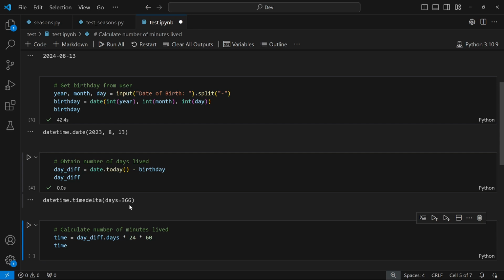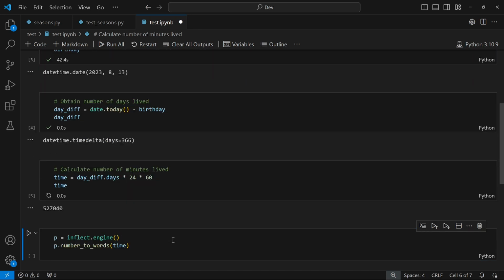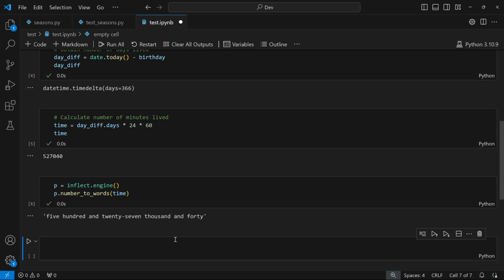And to calculate the minutes, that's pretty easy. All we need to do is multiply the number of days by the number of hours in a day, that's 24, and multiply also by the number of minutes in an hour, which is 60. Instead of just running day_difference times 24 times 60, we need to run day_difference.days to access this number 366, multiply that by 24 and by 60, and if I run this code cell, we have 527,040 minutes. And in this other code cell, we can convert that integer into words, and this will be